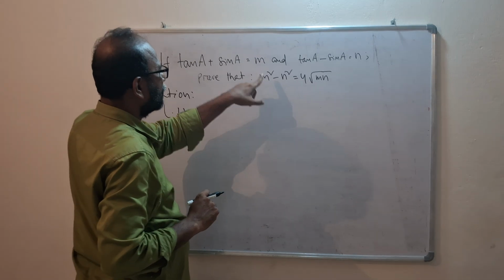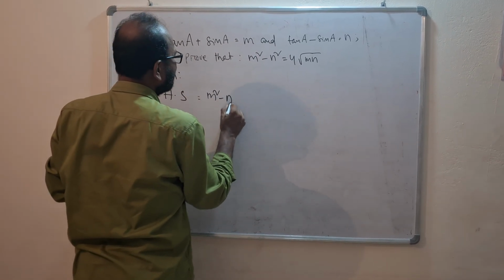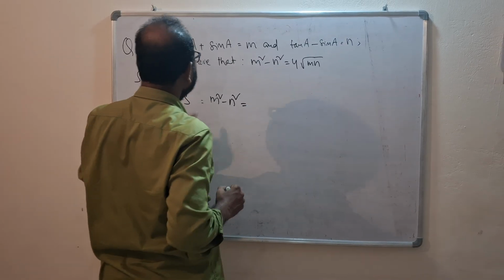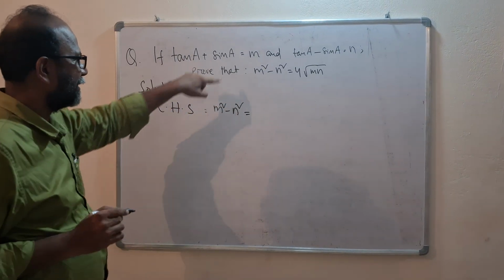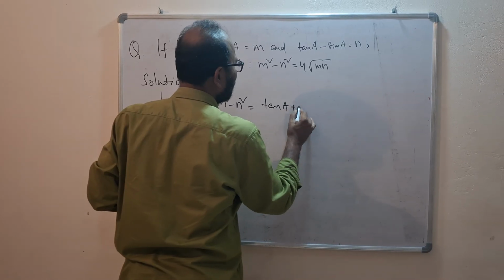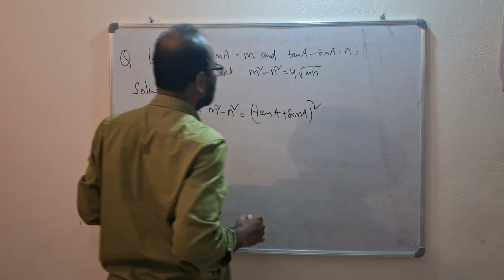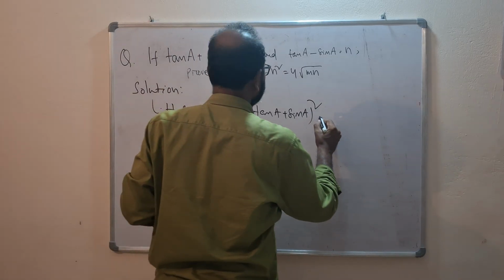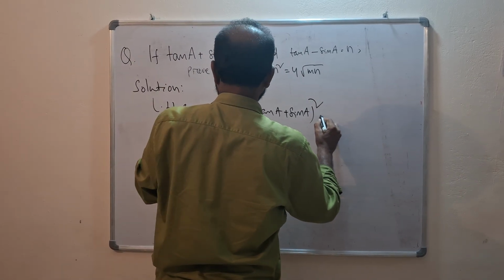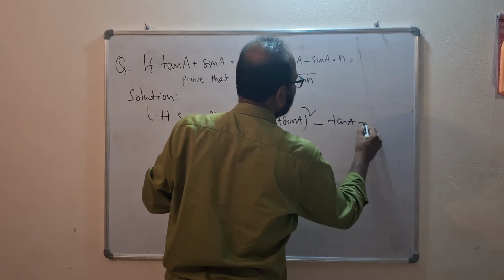LHS is m square minus n square. That is equal to, m is tan A plus sin A, whole square, then minus n square, n is tan A minus sin A,